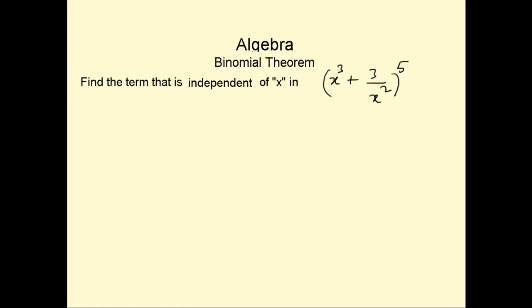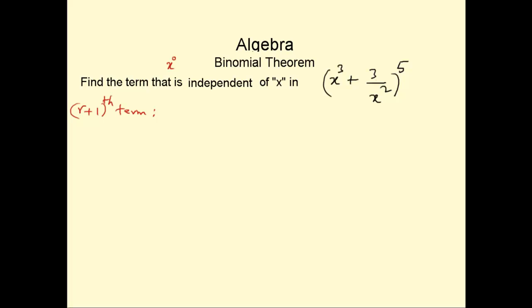Find the term that is independent of x in (x cubed plus 3 over x squared) whole to the power 5. So the term independent of x would be something like x to the power 0. So let's start with the (r plus 1)th term. What is the (r plus 1)th term